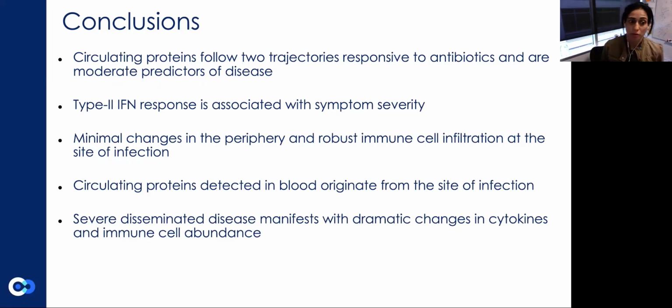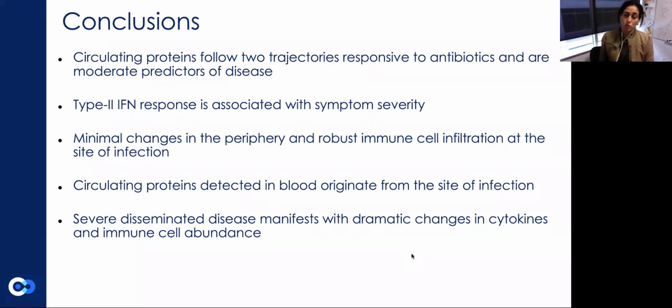except for this one person with severe disseminated disease, where we can see marked changes in immune cell abundance. So, it appears that Borrelia, for the most part, is escaping this peripheral immune activation. And one of the reasons why I suppose we find this interesting is we know a subset of individuals never resolve Borrelia infection and move on to develop post-treatment disease. And we don't completely understand why that happens.